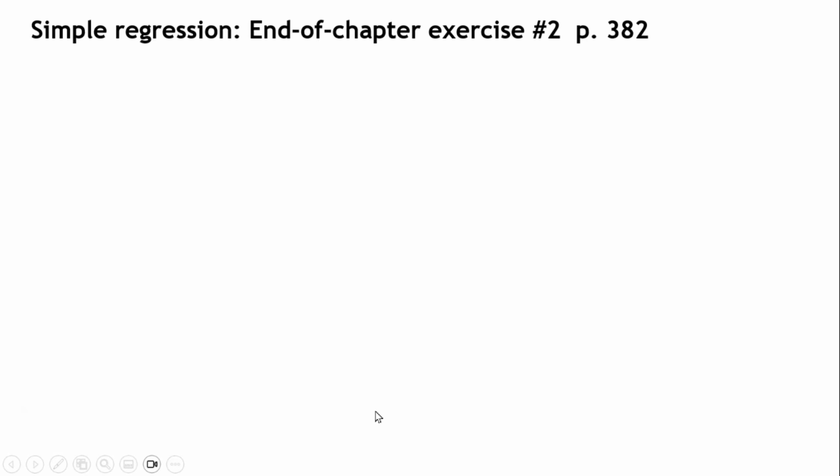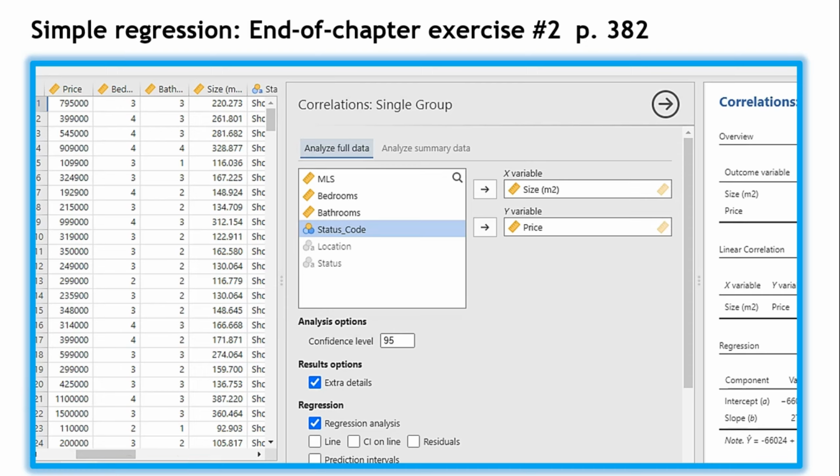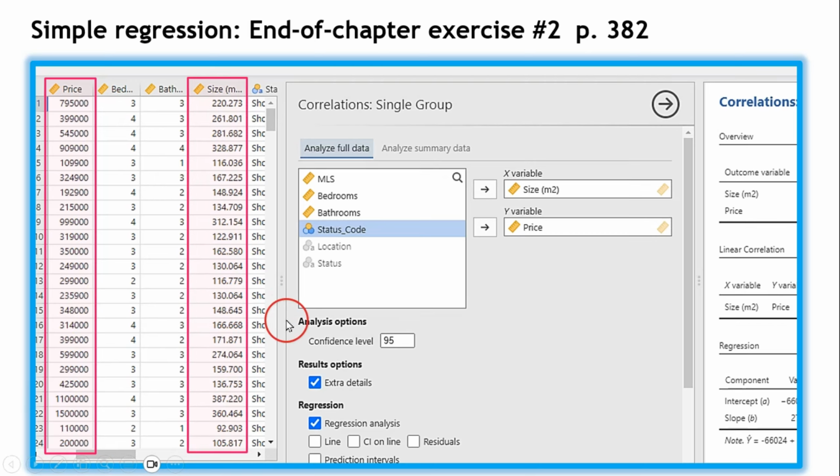And we're going to use two variables for our simple regression. We're going to use the price variable as our dependent variable, and then we're going to use the size variable here as our independent or predictor variable. So we're trying to model the relationship between the size of the home in meters squared versus the price of the home. And we're going to try to develop a regression equation from that. So the way you'd go about doing that is you click on ESCI, and then with the pull down menu,